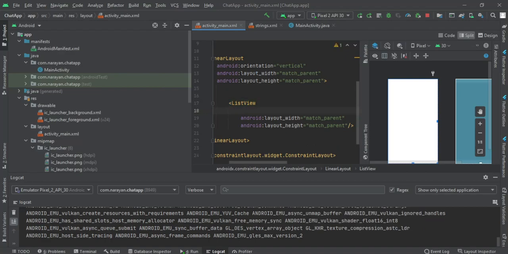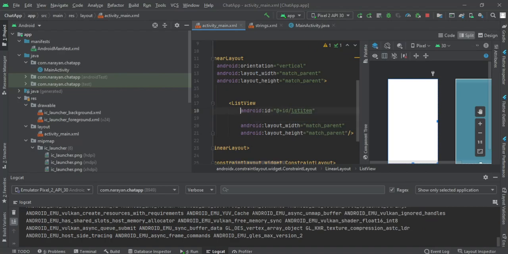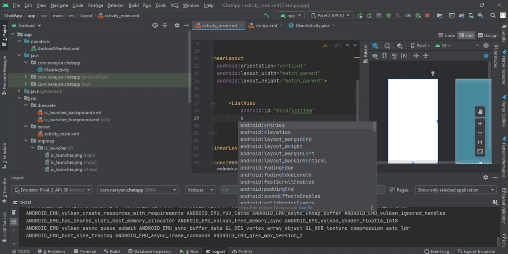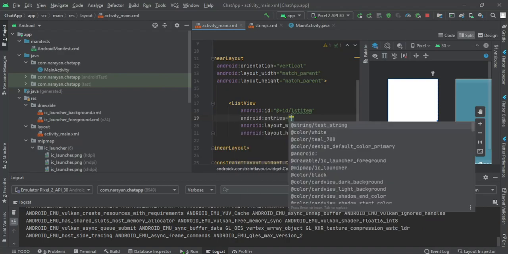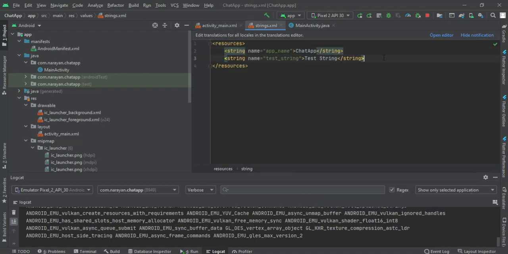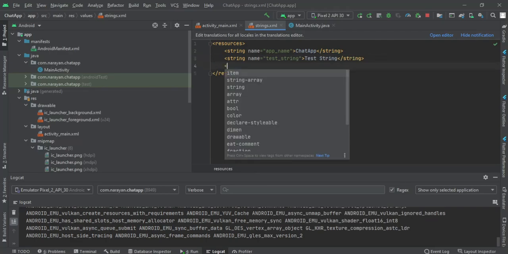Let's just focus on this topic, and here let's declare an ID. Even the ID declaration is not mandatory, but I'm just putting it here. Just put any name you want, it's up to you. I could have come up with something creative. Here the property through which you can put the items is called android:entries. For this entries you need to pass a string array. So what you could do is come here and declare a string array.